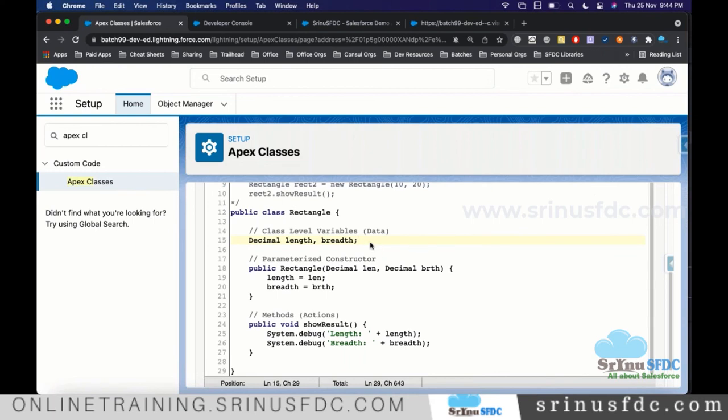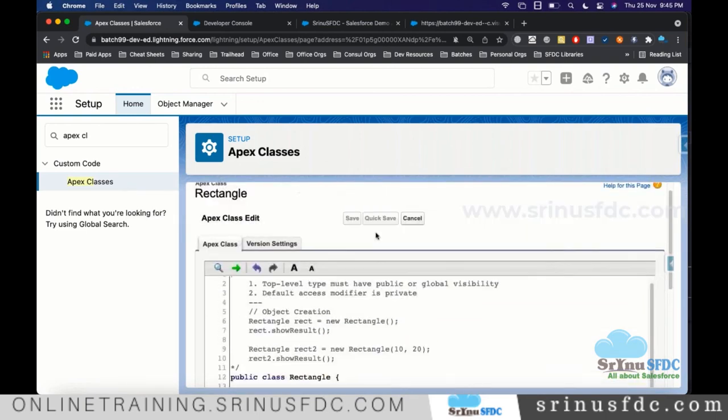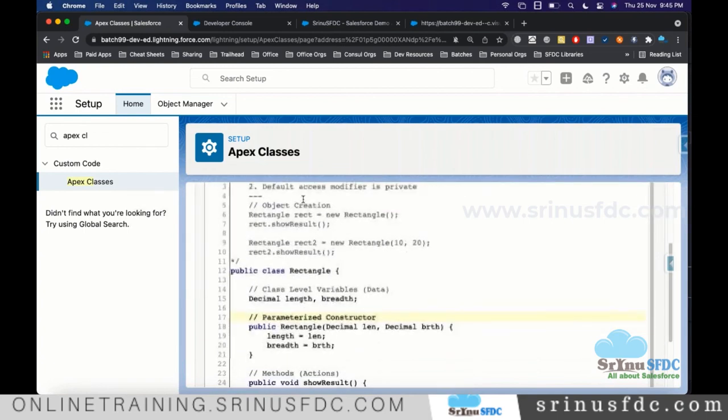Now, if you see here, I have defined the parameterized constructor, but I did not define the default constructor. Since you defined the parameterized constructor, the default constructor won't be available unless you define it manually.